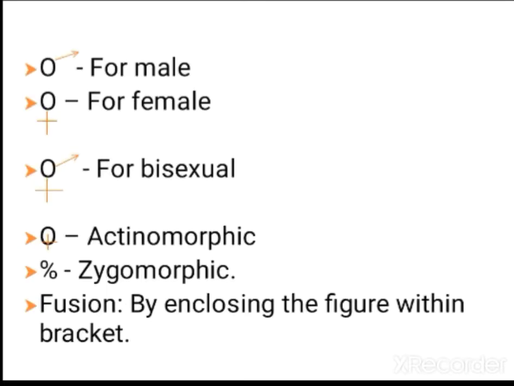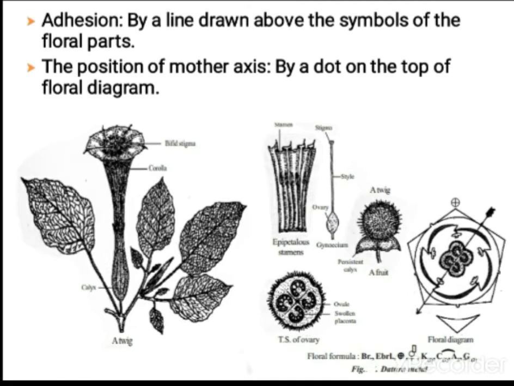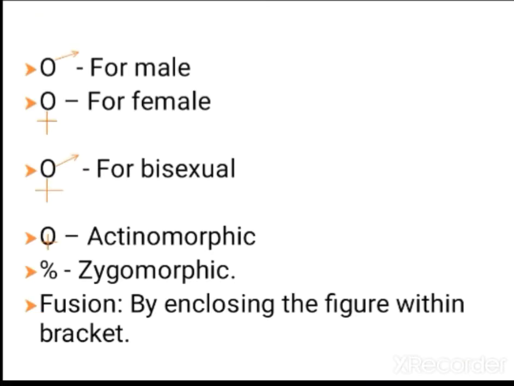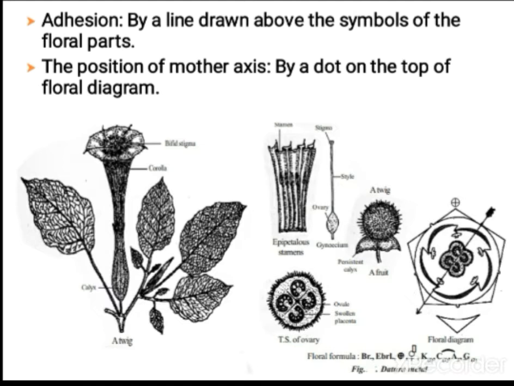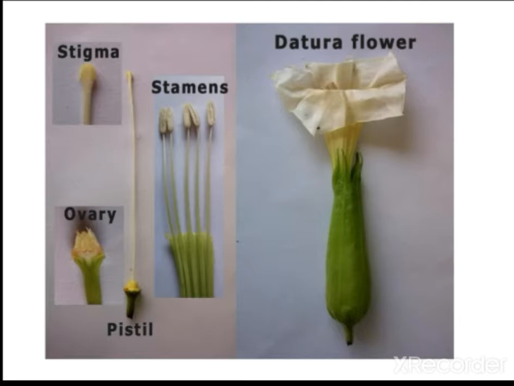When you observe, they have given this symbol, which is the actinomorphic symbol. The other one is fusion. Can you see the fusion given in brackets? Here K5 is within brackets, and the same way the C is also within brackets. When it is given within brackets, they are united. Calyx and corolla are both united. Even the gynoecium is given within a bracket, meaning the two carpels are united. By seeing that, we can come to a conclusion about the floral formula and the floral diagram.